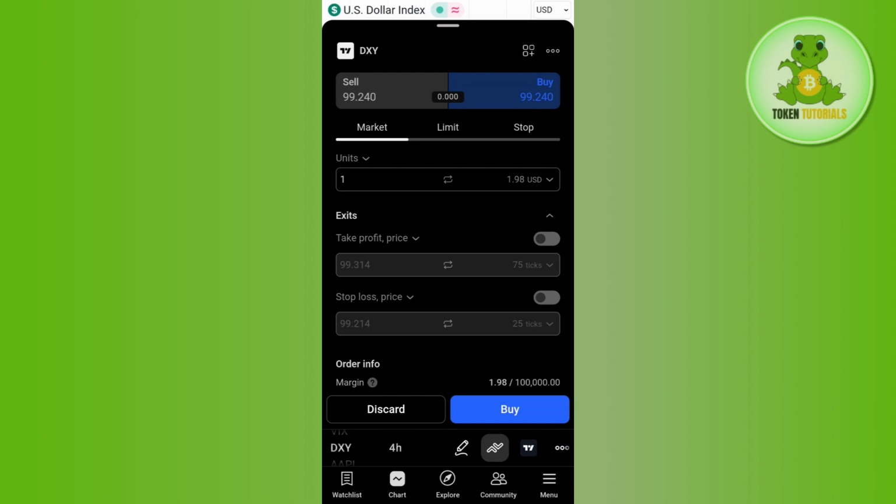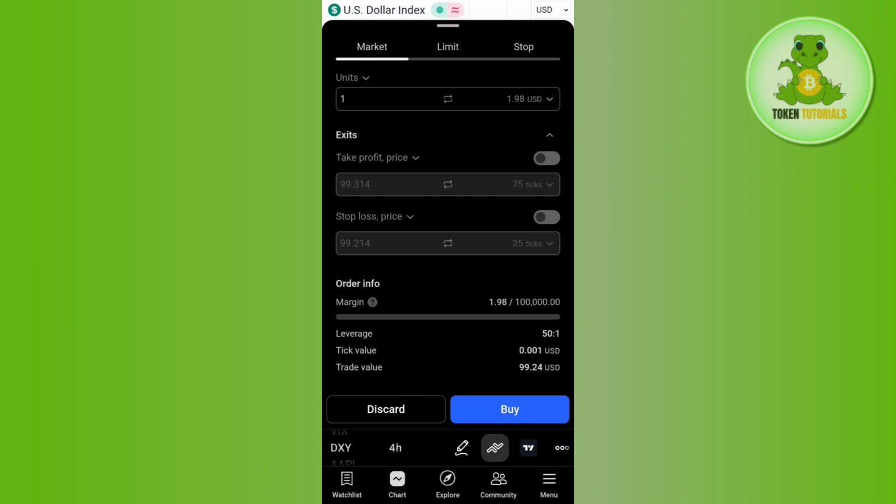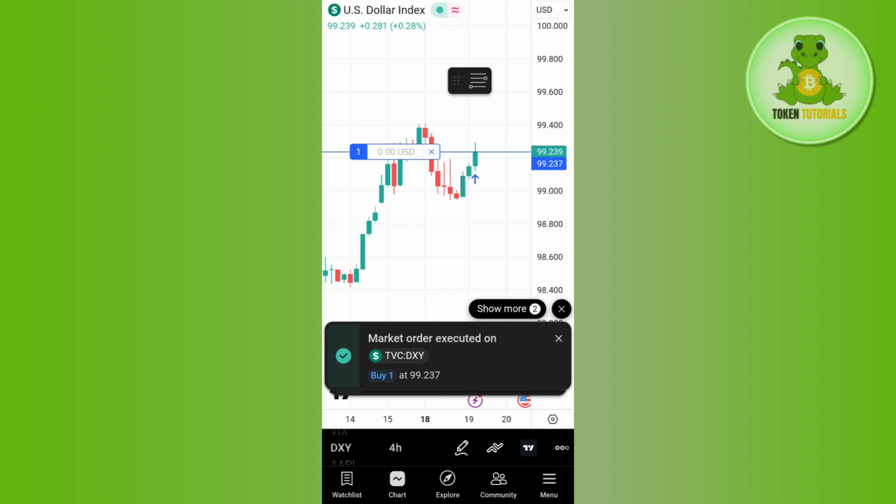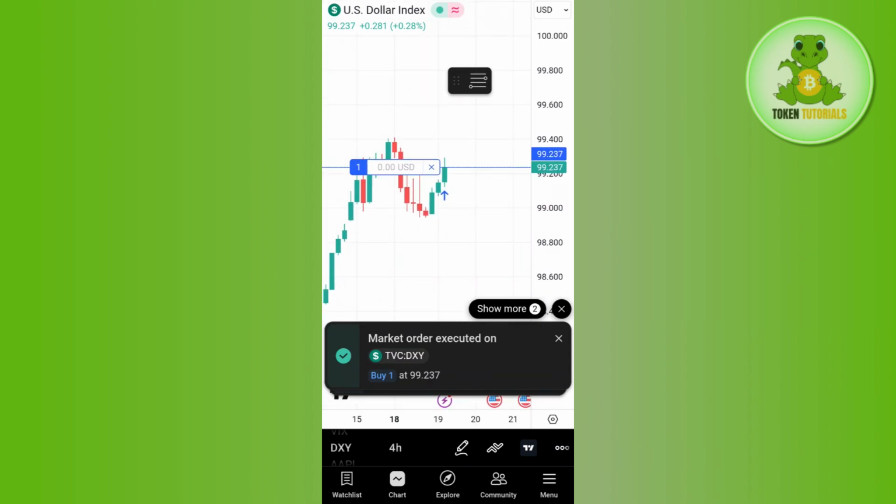Then in the unit, you just have to enter the amount that you want to place your order with. Afterwards, you can add the SL and the TP options over here. Then tap on the option of buy in the bottom right hand corner of the screen. Now as you can see, I have successfully placed my buy trade over here, and that's how you can basically